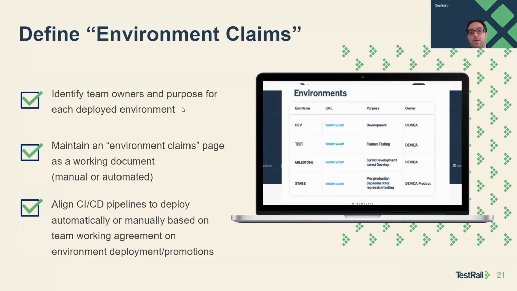One of the issues that I've seen more often than not on any of the teams I've been on, and it's pretty consistent whether we're on premise in the same office facility or hybrid, it doesn't matter, is this idea of maintaining what I call environment claims. That's my own term. If you Google it, you're probably not going to find anything. But what I mean by environment claims is setting up a definition of claiming what environments are used for what purpose on a given development team.